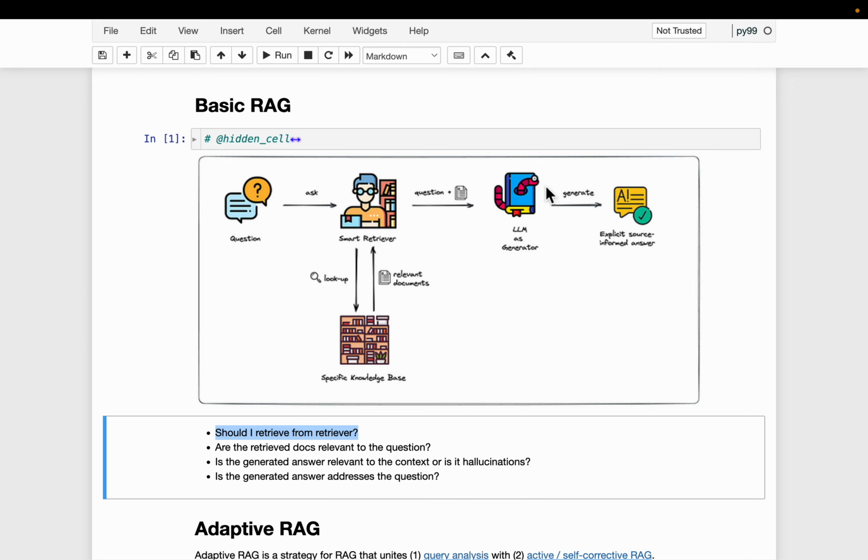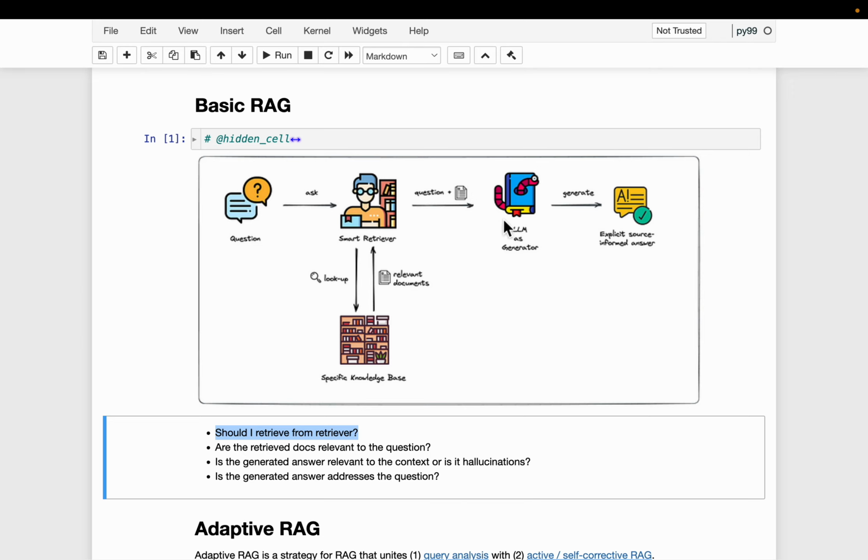Now let's say the documents are indeed relevant. That's fine, so we pass them to the LLM. Now here we have the answer generated. We need to check two things. One, is the answer generated actually grounded in the retrieved documents, or the context?